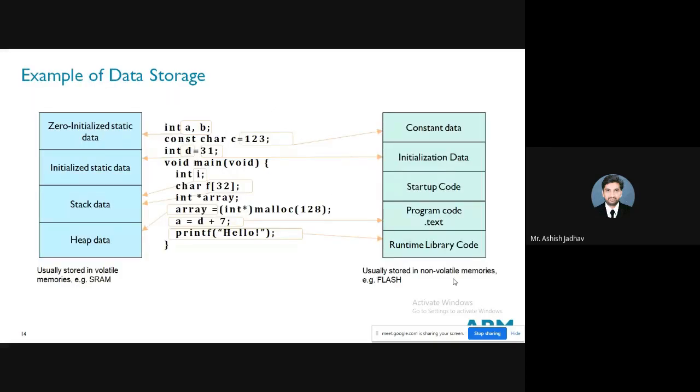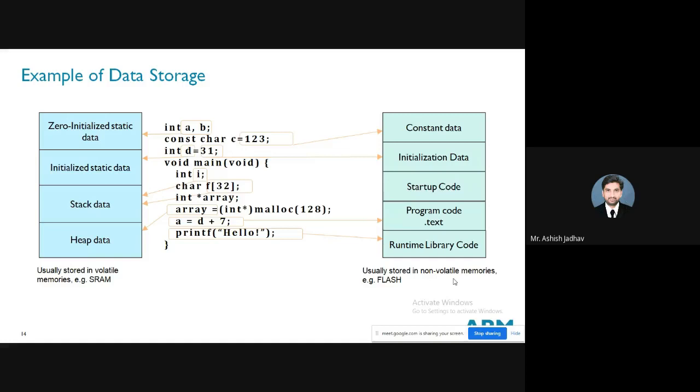Then this is the example of a program. It is very important to understand the different things that are involved in a main program. So this is an example of data storage, how the data is being stored at different locations. You might have written a lot of programs in the C language, but how the data is being stored is very important, right? Different types are mentioned there, different things are there in a program.